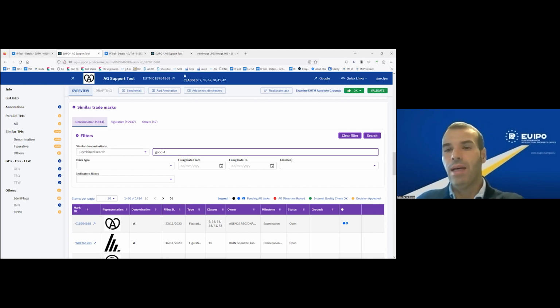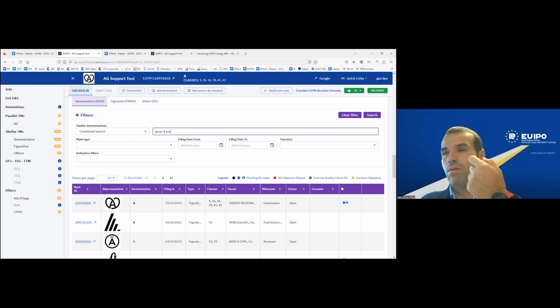And sometimes, as I was saying, when we receive this trademark, instead of being written the normal way, "for" is a number, okay? But the meaning of this in English is "good for me", okay? Then, of course, for a normal search, "for" and the number are not similar, okay? But when I do the phonetic search,